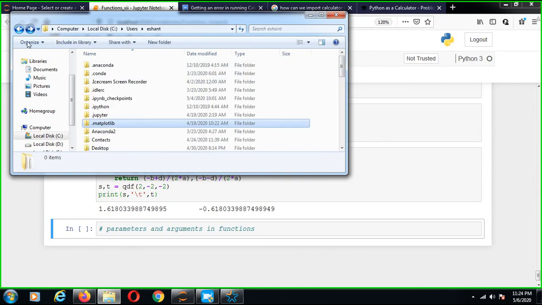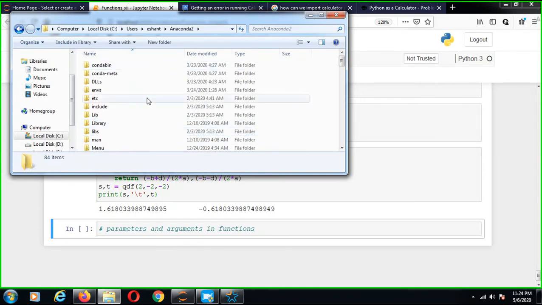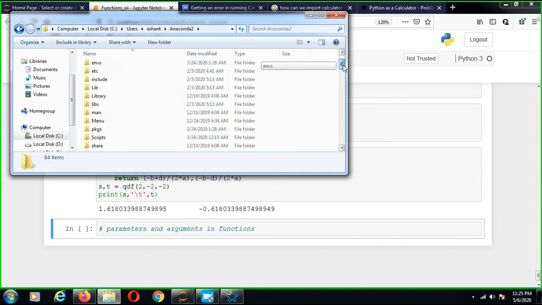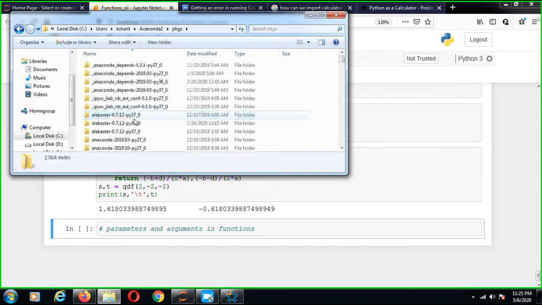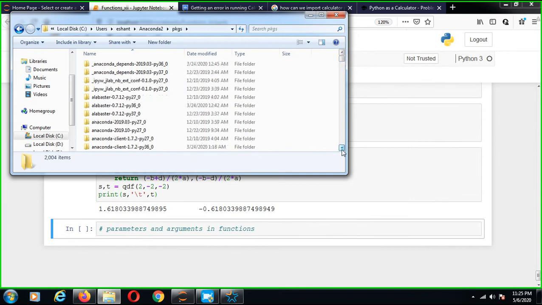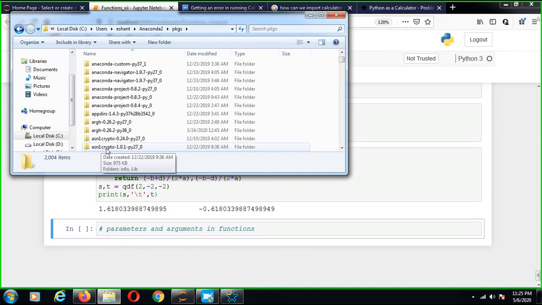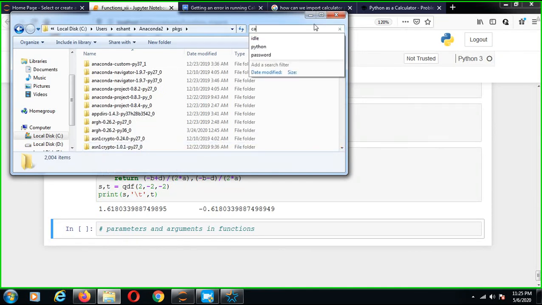These are the modules we can make easily. Conda metadata, menus and package, and you can see a different type of files here. Alabaster, Anaconda depends, Anaconda projects. So these are the .py files. So we just search for the calculator.